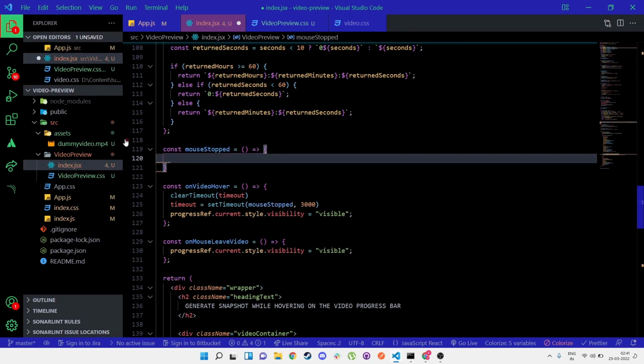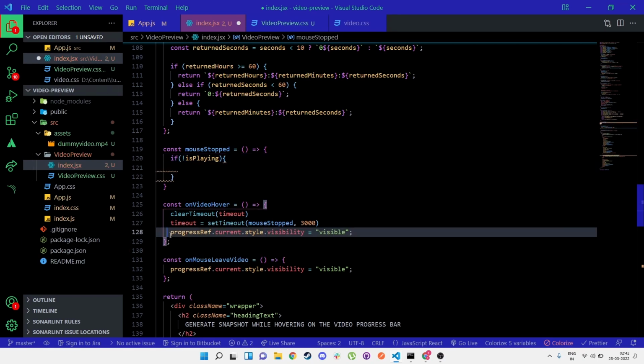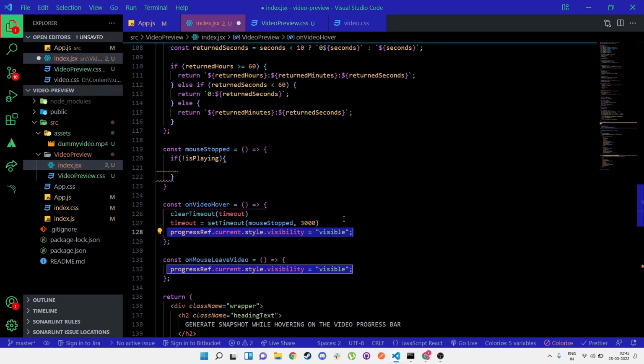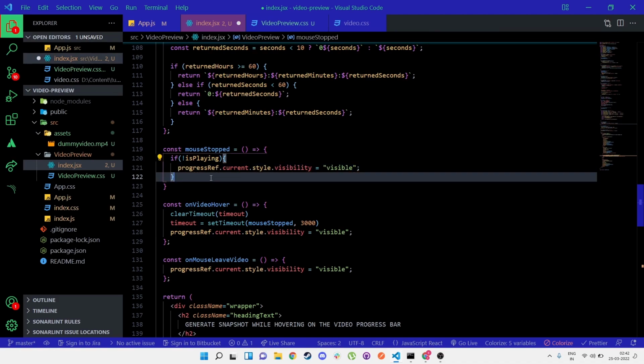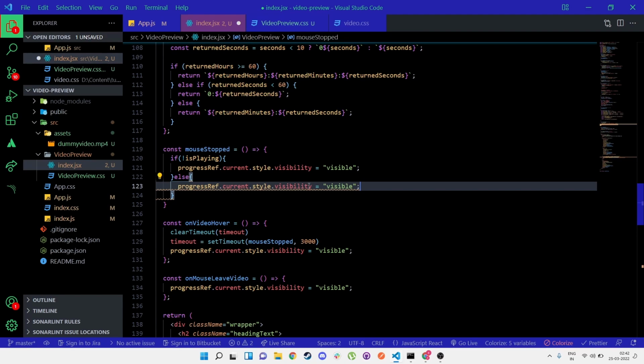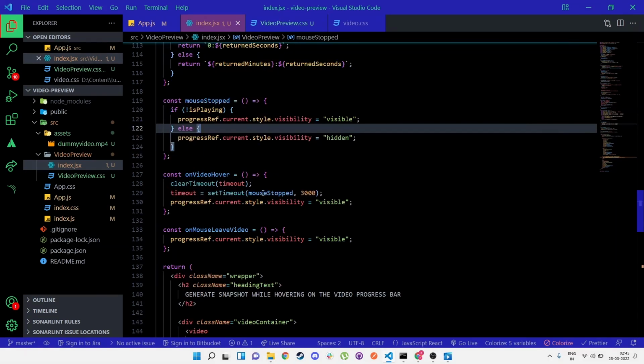So this function is going to do nothing but check if we are playing or not. If we are not playing, then we are going to access the style property and make it visible. Else, all we are going to do is access that same style property and make it hidden. So basically what's happening over here is whenever we hover on the video, we are attaching this